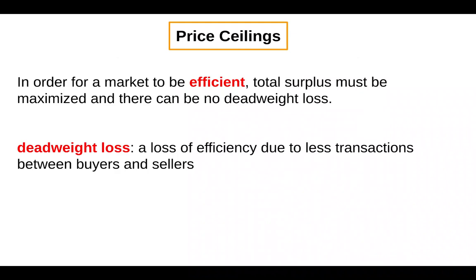Now, in order for a market to be efficient, total surplus must be maximized and there can be no deadweight loss. So, in other words, a market at equilibrium is efficient. When it's not at equilibrium, there's going to be something called deadweight loss, which is a loss of efficiency due to fewer transactions between buyers and sellers. Because